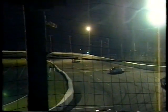Remember, we're going 50 laps, so we're at the halfway point. Still plenty of time left in this race, and anything can happen as Ruben Lancaster gets ready to pass Scott Gay. And Scott Gay going a lap down as Ruben passes him coming out of turn 4 down the front straightaway. If you notice, Roy Doris is catching Ruben, and the reason is because Ruben's hit some heavy lap traffic that he can't seem to get by because they're racing also for position, and it's hard to get by them